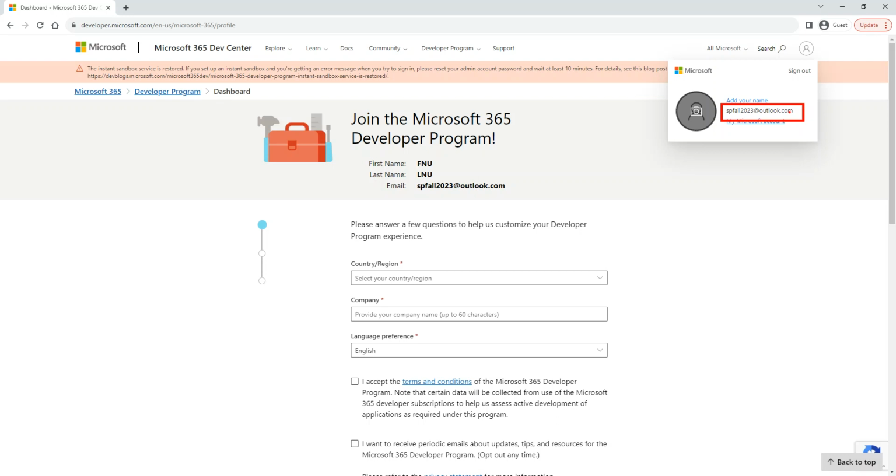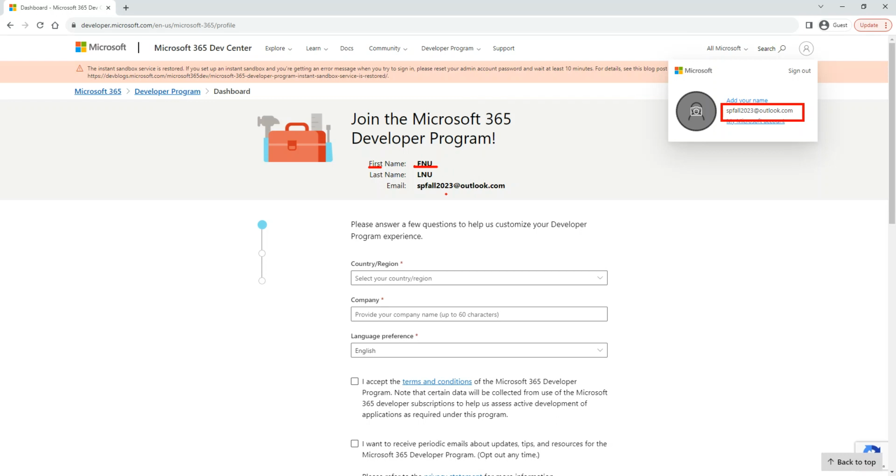I own it. And since I didn't fill in the rest of the other information, for example, when I set up this email, I didn't give them my first name or last name. So here it says first name FNU, last name LNU. FNU means first name unknown, last name unknown. እንደዛ አድርጎ ነው እዚህ ጋር ያስቀመጠው, but that's fine.